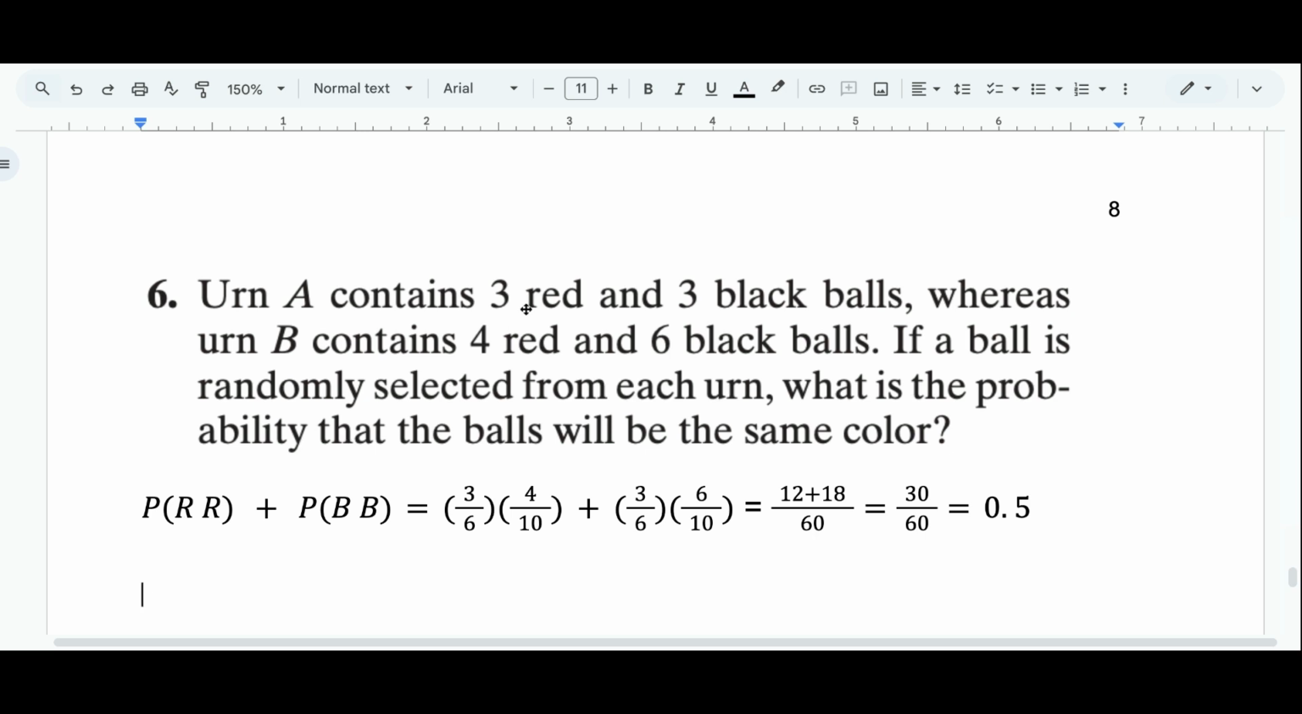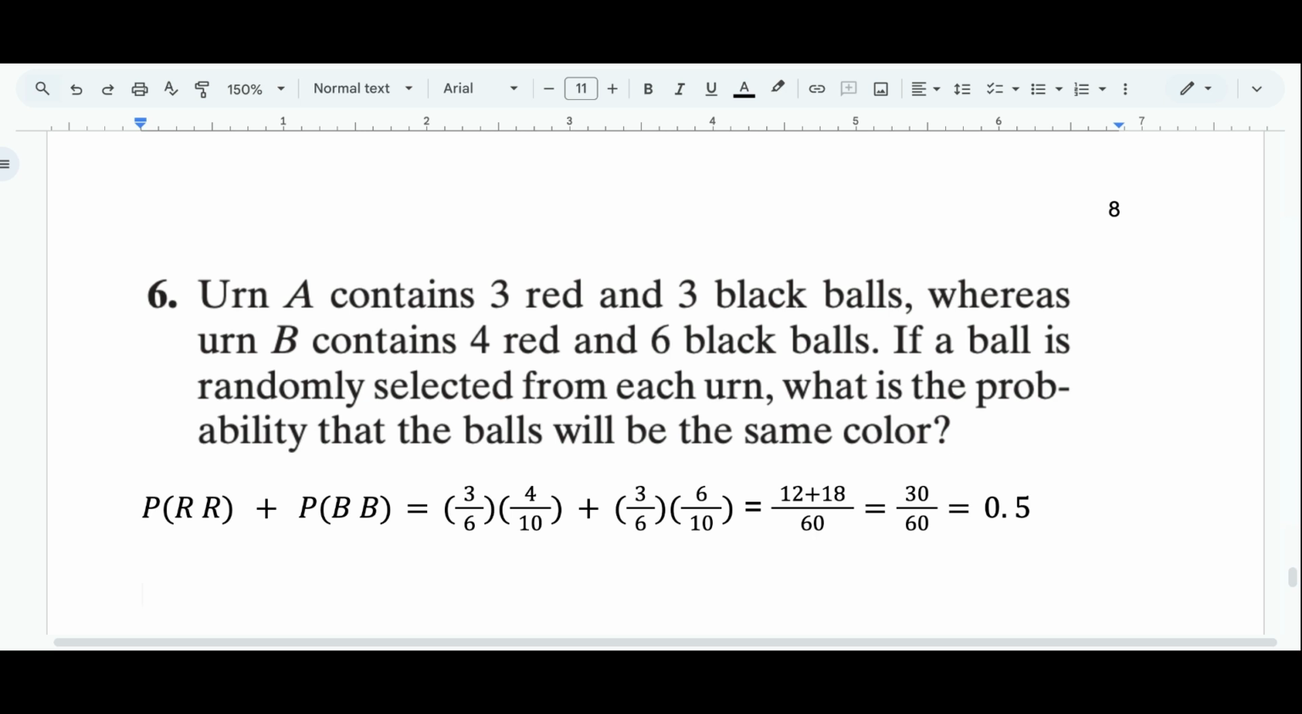It would be 3 out of 6 for urn A. There are 3 red out of a total of 6 objects. So that's 3 out of 6. Then we move to urn B. There are 4 red out of a total of 4 plus 6, 10 objects. So to get both red, we need 3 out of 6 times 4 out of 10, which is 12 out